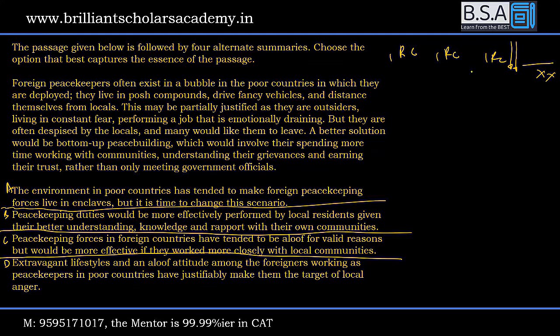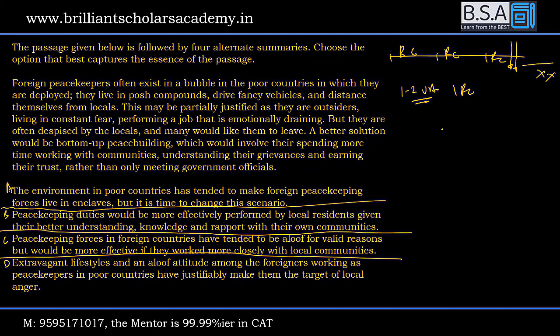आप भले sequence change कर लो. You might solve the fourth RC in the beginning, but solving RC back to back is not a good idea, guys. If you are not very comfortable with verbal ability or in general English language, you should start with 1 or 2 VA questions, then go for a RC.